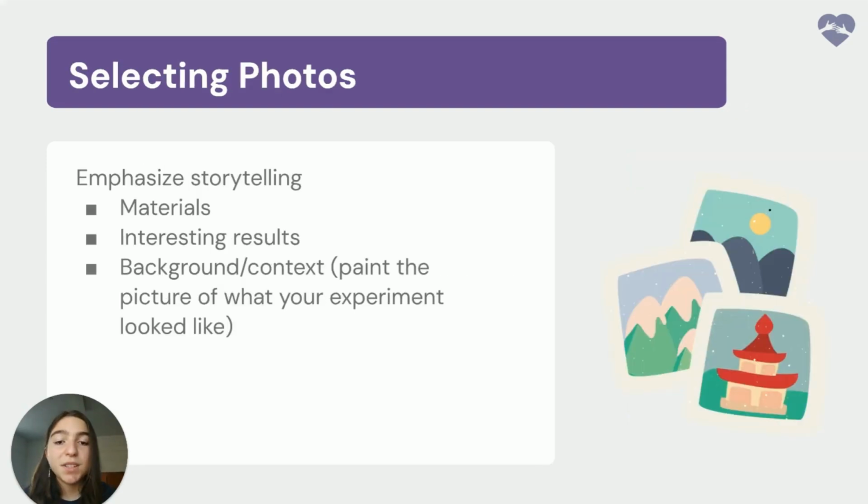When choosing which photos to use, emphasize the storytelling of your poster. I sometimes include pictures of the materials I'm using, especially if they involve custom-created setups or designs. If your results are visual, like heat maps or bacteria growth, include pictures of any interesting results. You want your photos to really paint a picture of what your experiment looked like, so readers can imagine themselves